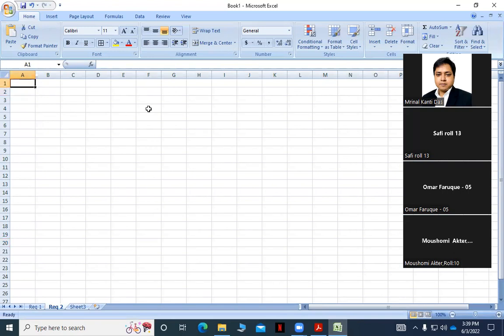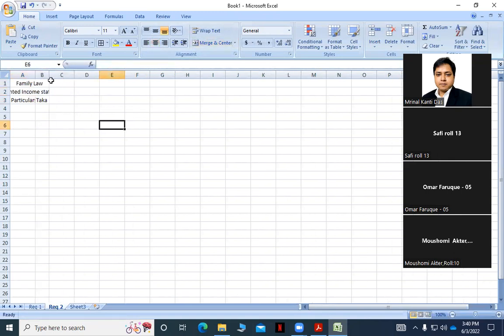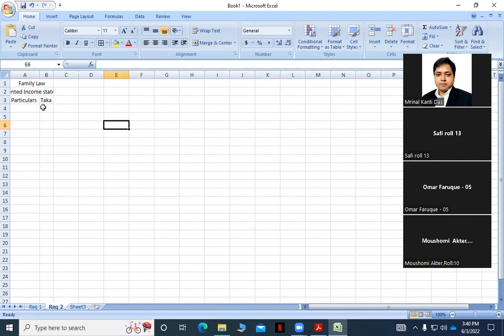ওকে, আমরা তাহলে এখানে দেখি হচ্ছে ফ্যামিলি ল। দিস ইজ ফ্যামিলি ল। Segmented income statement. তো আমরা এখন দেখেন কি করি।